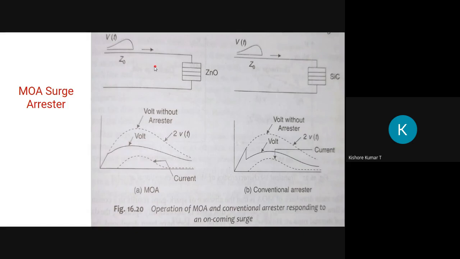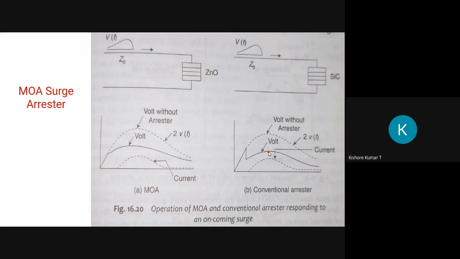Crest voltage means the level of voltage after which there will be a flashover across the insulation level of the equipment, at a peak value. The maximum bearable, maximum withstandable value of voltage by an equipment is called the crest value. If the voltage rises beyond that withstandable value, that is, if the line voltage rises, there will be a flashover. Now see here in this diagram, if this is the maximum crest value or withstandable value by the equipment,